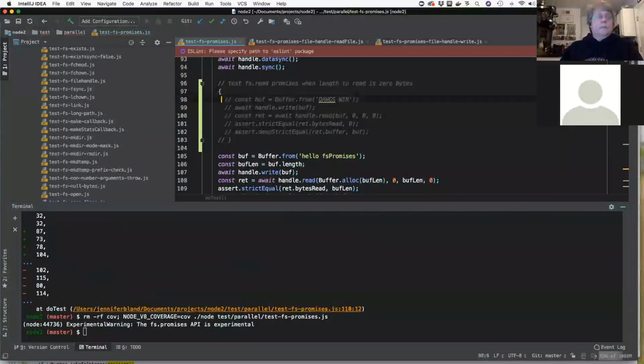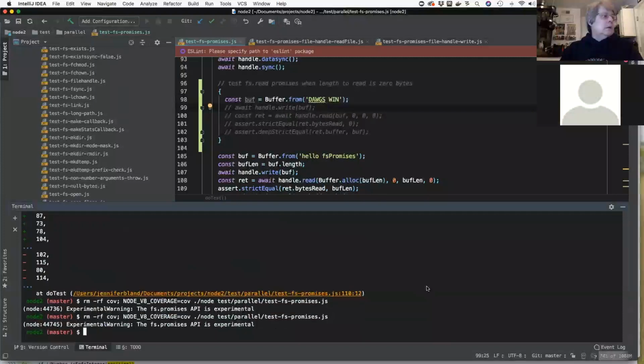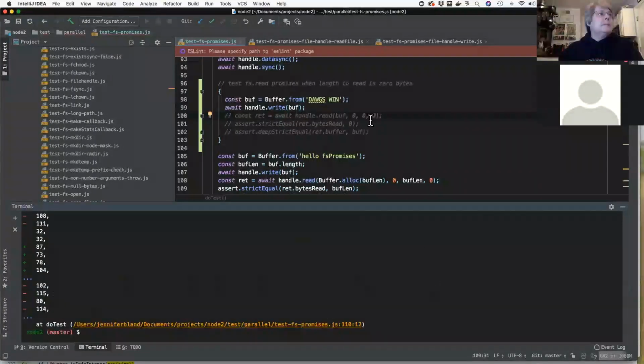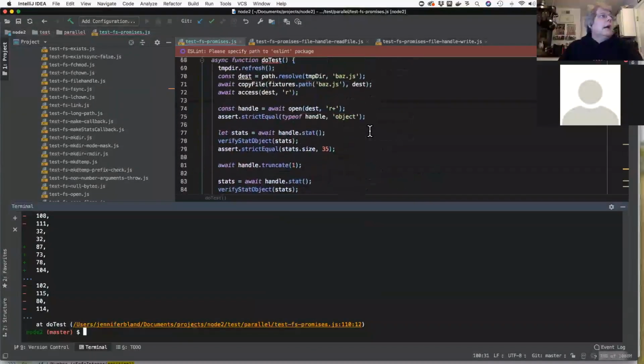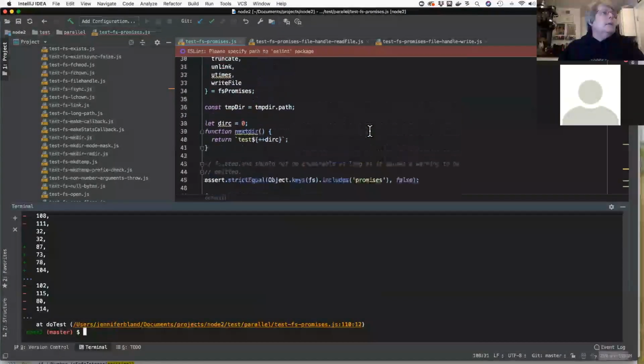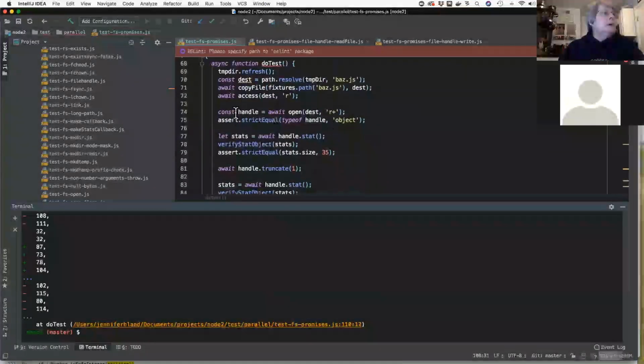Does that rely on return? Or let's just remove one line at a time. So let's get rid of the first one. Still works. And then we'll do the await of the handle. Okay, so there's what's a little bit weird. Oh, that's interesting. What is handle exactly? Let's go up a little bit. Where's handle actually? Handle is defined, hold on, I've looked at that earlier. There. Okay, let's